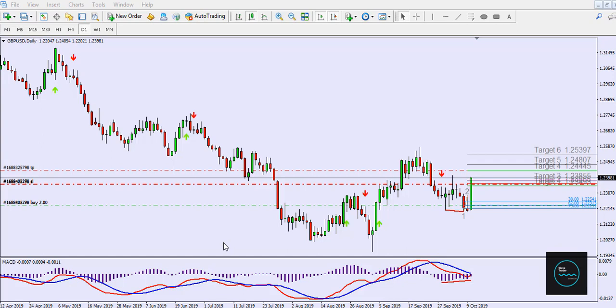I'm going to show you a trade I took on the British pound US dollar currency pair to the upside. The trade is still in progress and I want to show you what I was thinking and how I got into this trade. Right now I'm on the daily chart and all the British pair currencies